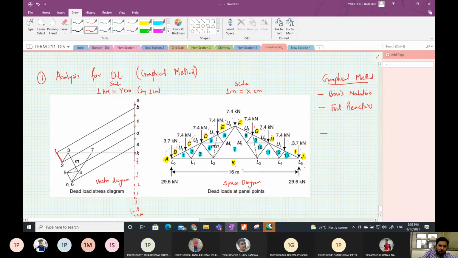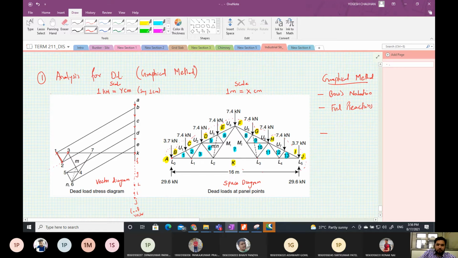You don't know the value of 2, where this 2 will be. So you draw a line, and then you take a line parallel to 1 2. So you take parallel to this, you will get 2 points. Then again you take a line parallel to 2 3. So you will get the point 3, because 3 intersects with K. So the point of intersection of this line with K will be your 3 point. Now you have 1, 2 and 3.